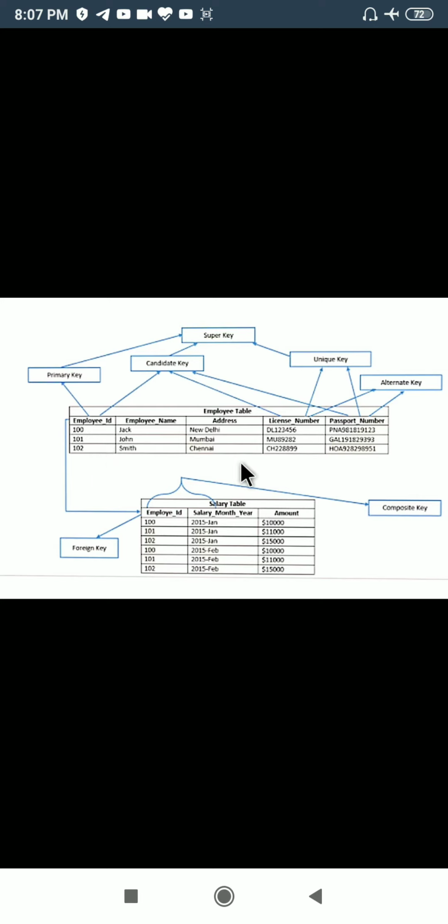The rest of the fields that were qualifying will be known as alternate key, but all who were qualifying will be known as candidate key. So candidate key will be this plus this plus this, but one has been made primary key, so the other two will be called alternate key or unique key. Okay, fine.